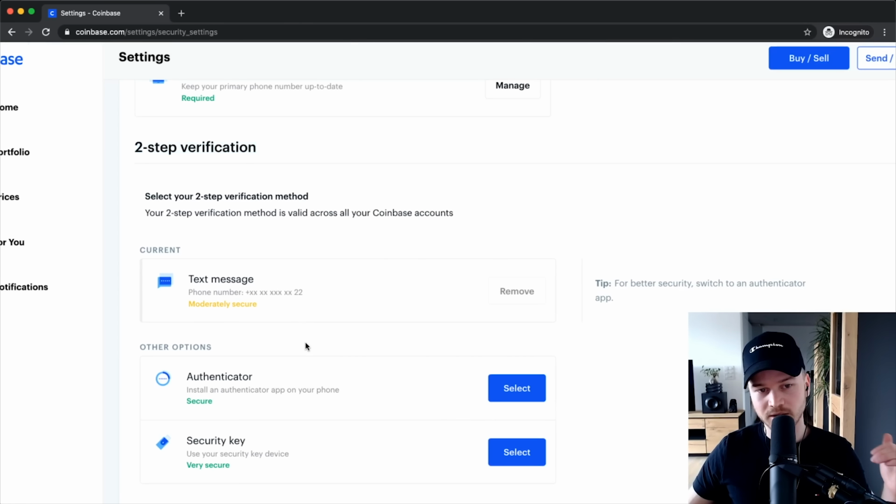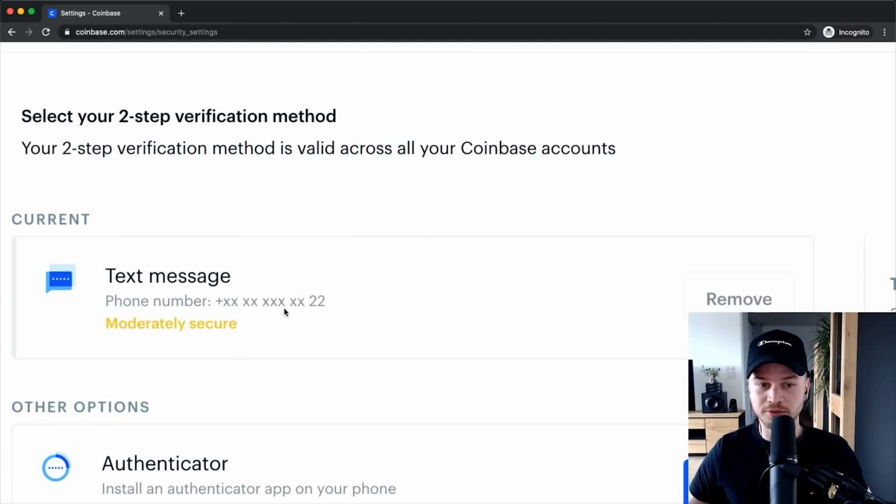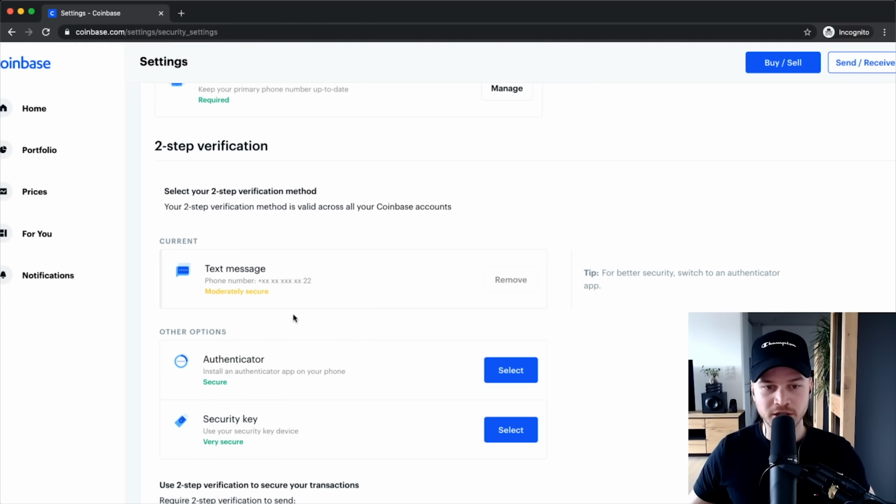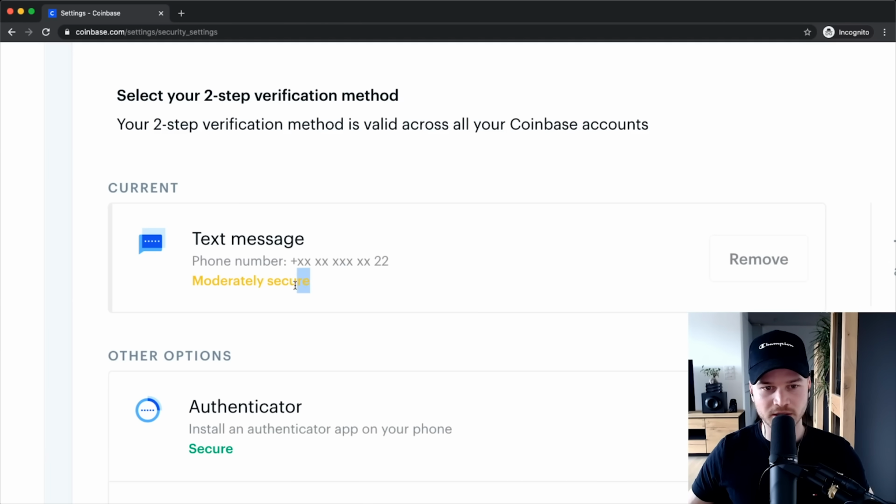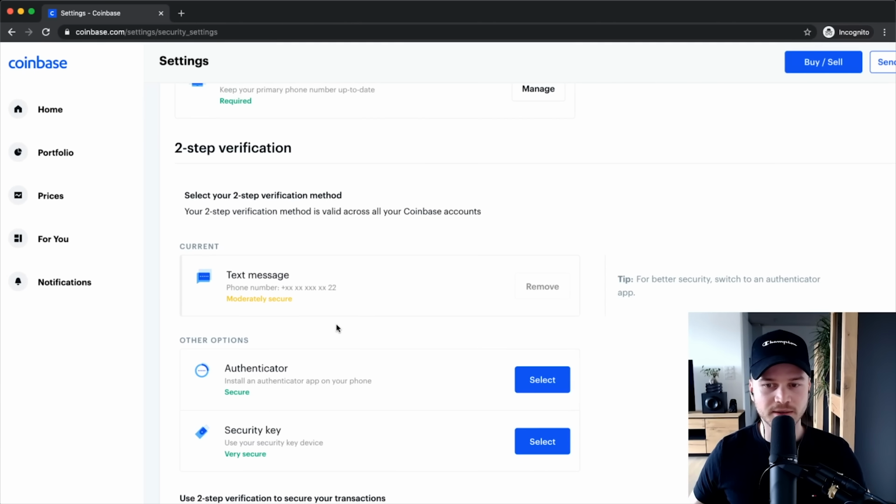So when we sign into Coinbase, we have to not only enter our password, we also have to enter the one-time password that you will be getting with the phone number. But actually, this is not very secure, as you can also see here. It's only moderately secure. And the reason is because there's something called SIM swapping. This is where criminals get access to your text messages, so they can actually get access to that one-time password. So when they have your actual Coinbase password and also have access to your text messages, then